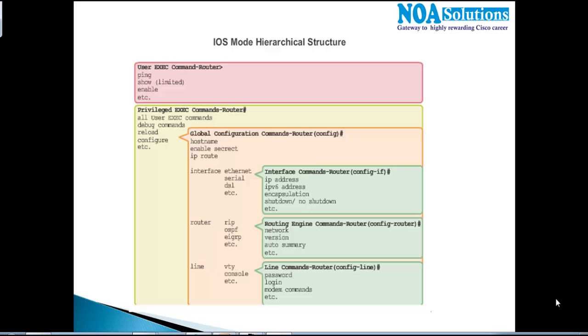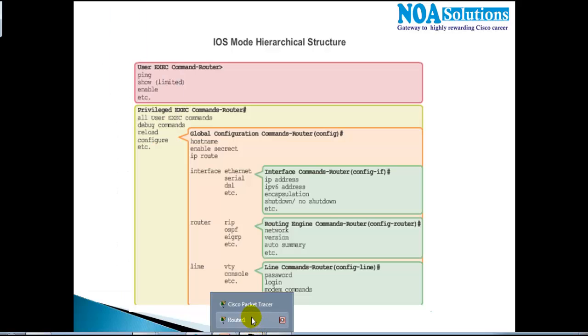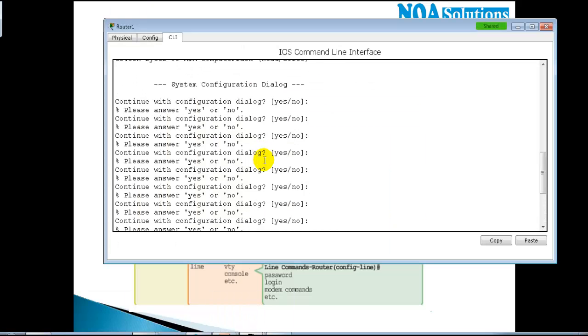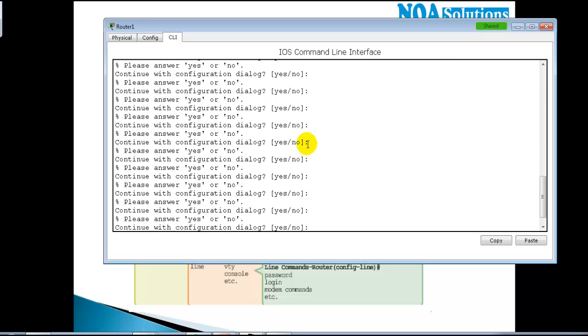Okay, now in this section we'll see the command line of the routers. If you remember, in the previous section we have seen how to connect a router. So I'm using a router here, and we are connected to the router via console, and this is what you will see in a hyperterminal window. In that window you can see the complete command line of the router when we are connecting.